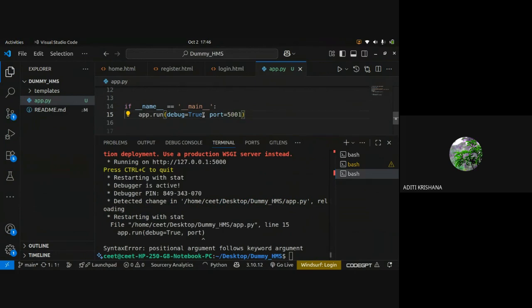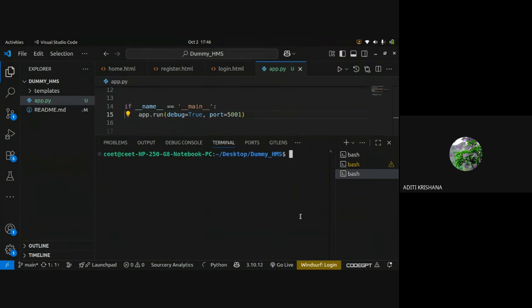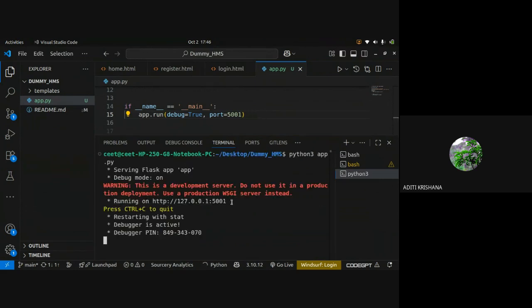Okay, so my app got already stopped. You can see some error came here in line number 15 and it got stopped. So let me run it again and show you what it shows now as the port number. You can see now the link has been changed. It is showing 5001. So you can see that by default Flask application port number is 5000 and we can change that as well. So maybe in the Viva it can be asked how it can be changed and to show the change in your code.